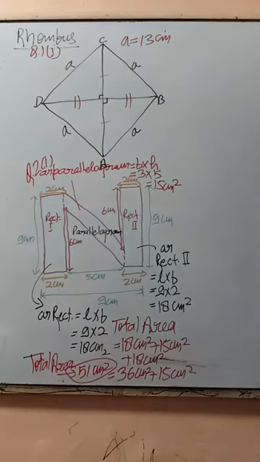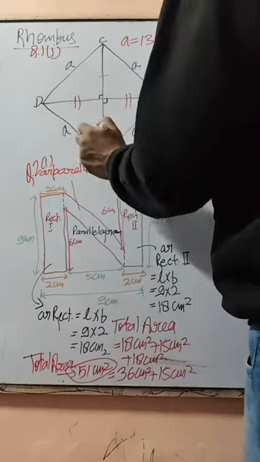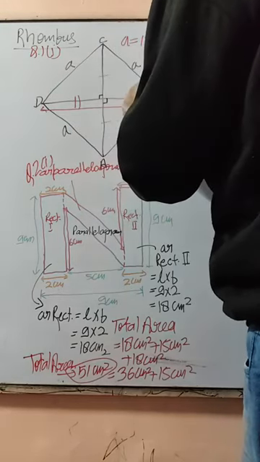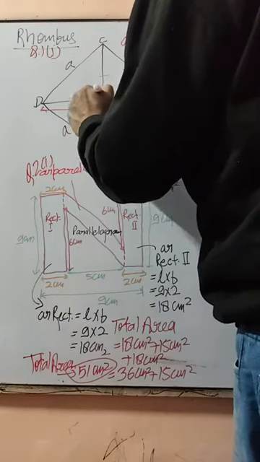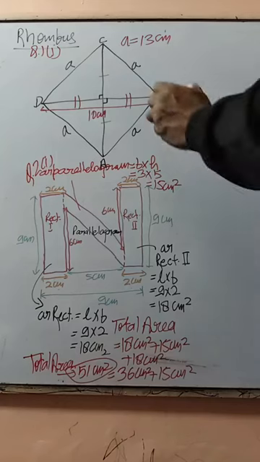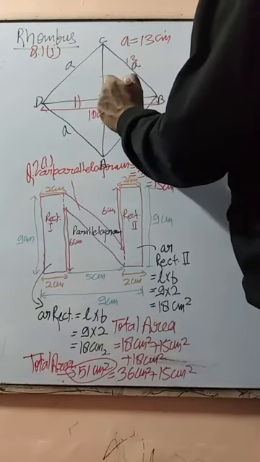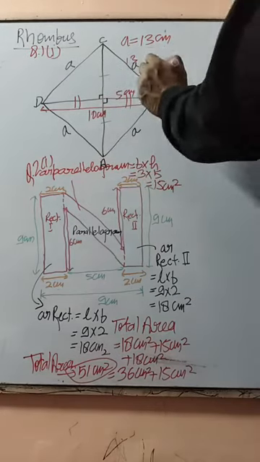And one diagonal is 10 centimeter. So say this diagonal is 10 centimeter, right? Yes, sir. So this side is 13 and half of 10 is 5. This is 5 centimeter. So